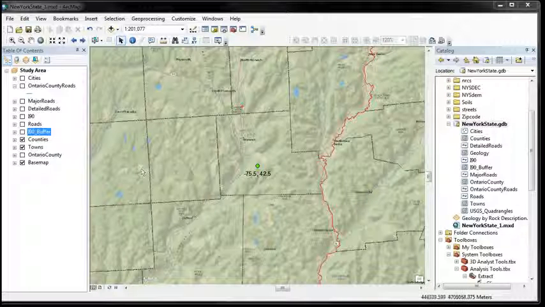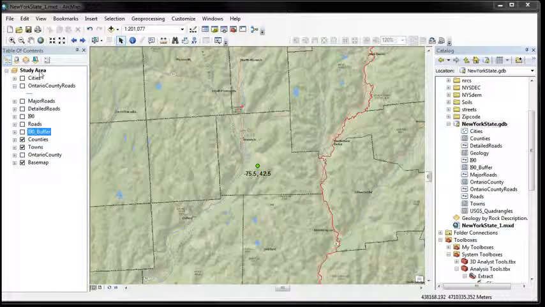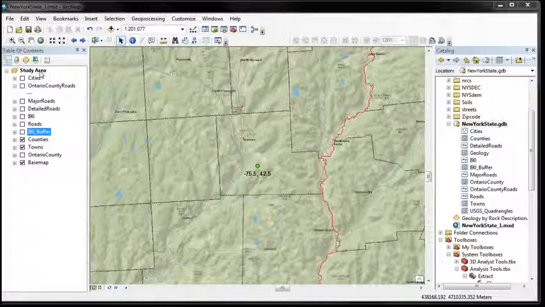Alright, the other thing I wanted to cover was just a little bit of properties. We have hit these things before, but I'm going to cover them a little bit more here. Everything in ArcGIS 10 has properties associated with it at all levels, whether they be elements or layers or data frames, all that type of thing. And over here in the table of contents, we have something called study area data frame,